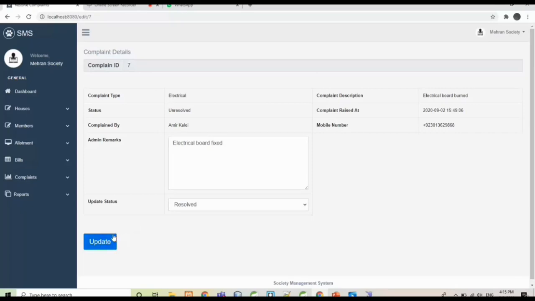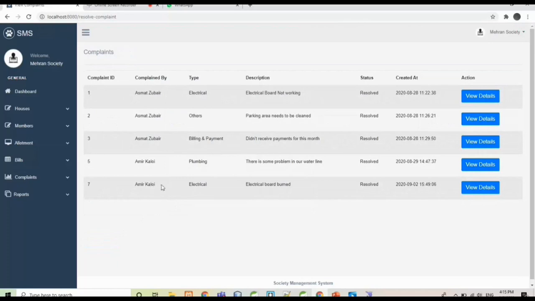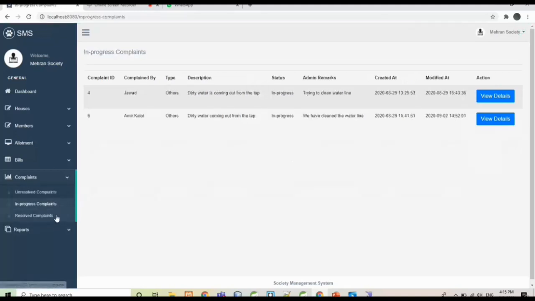Once you click on that button, this will redirect you towards resolved complaints, and you can see we have recently resolved that complaint. The admin can also view in progress complaints, resolved complaints, and so on.